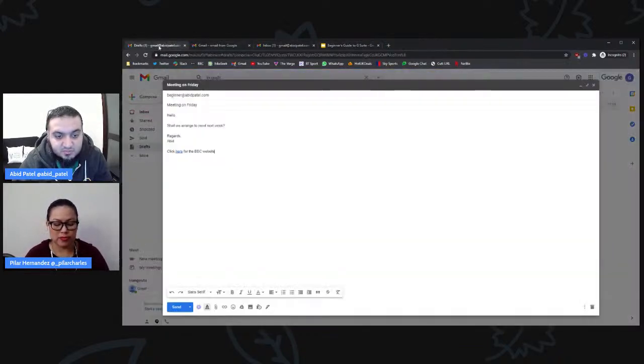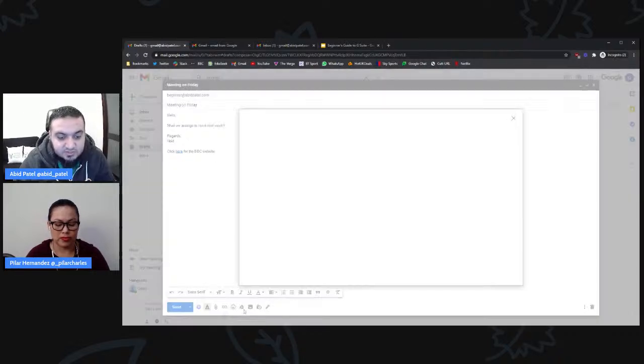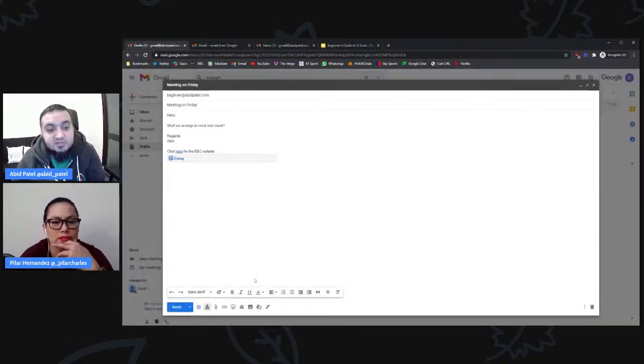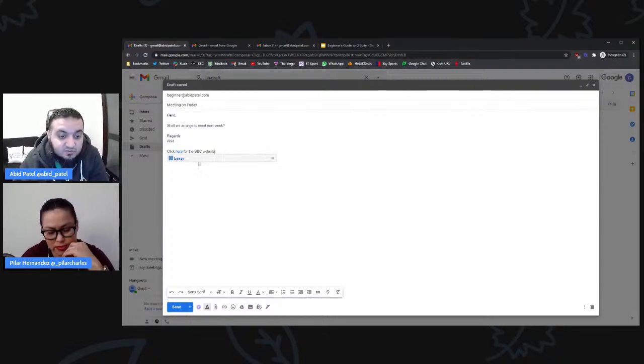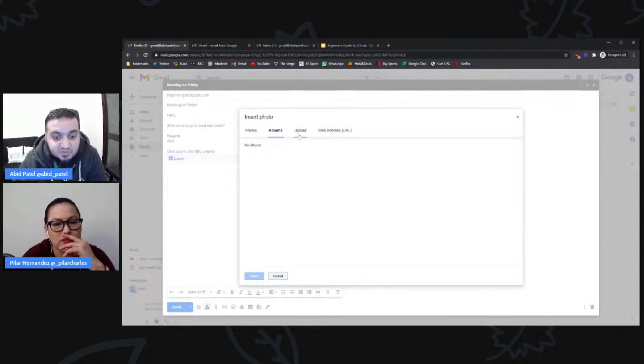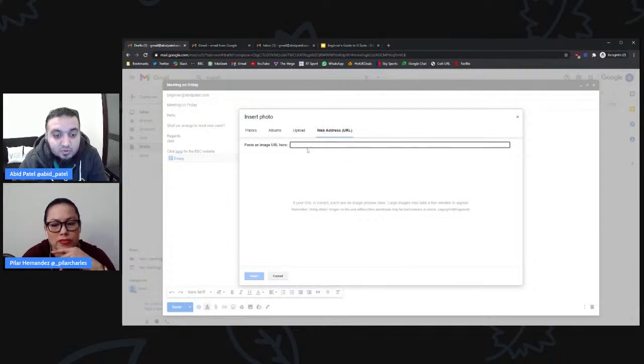I can now go back to my Gmail. I can go to Insert Files using Google Drive, and you can see my essay there. And then I can click insert, and you'll see it will insert it as a link to that Google Drive file. And then when we send the email, you'll see the option for the permissions. You can attach a photo. You can either select one from your Google Drive. You can select one from any albums you might have. You can upload a photo from your computer, or you can paste a URL to an image